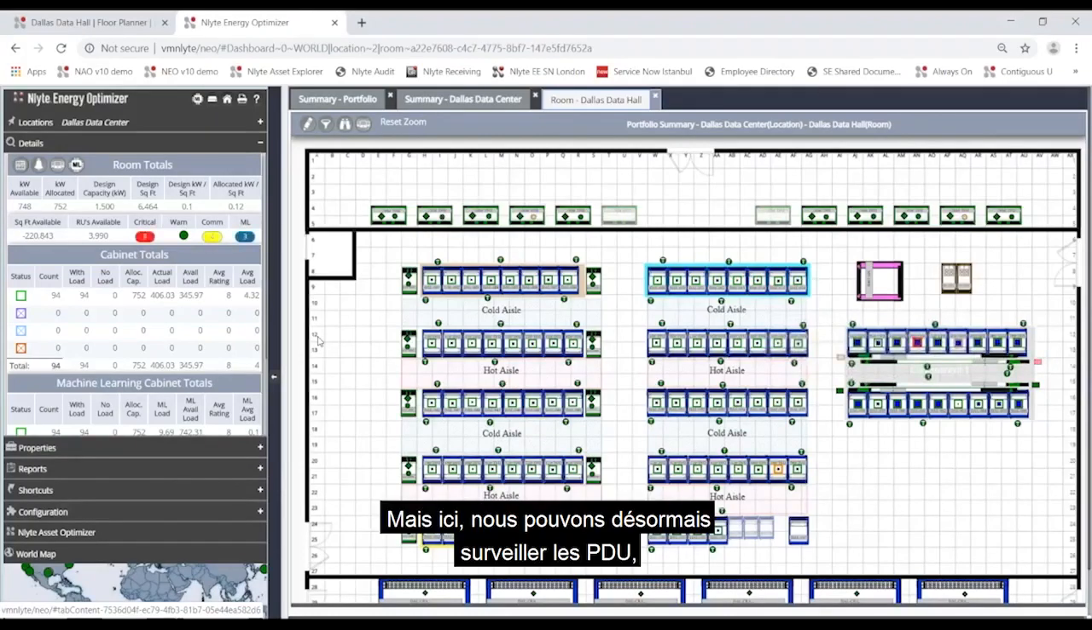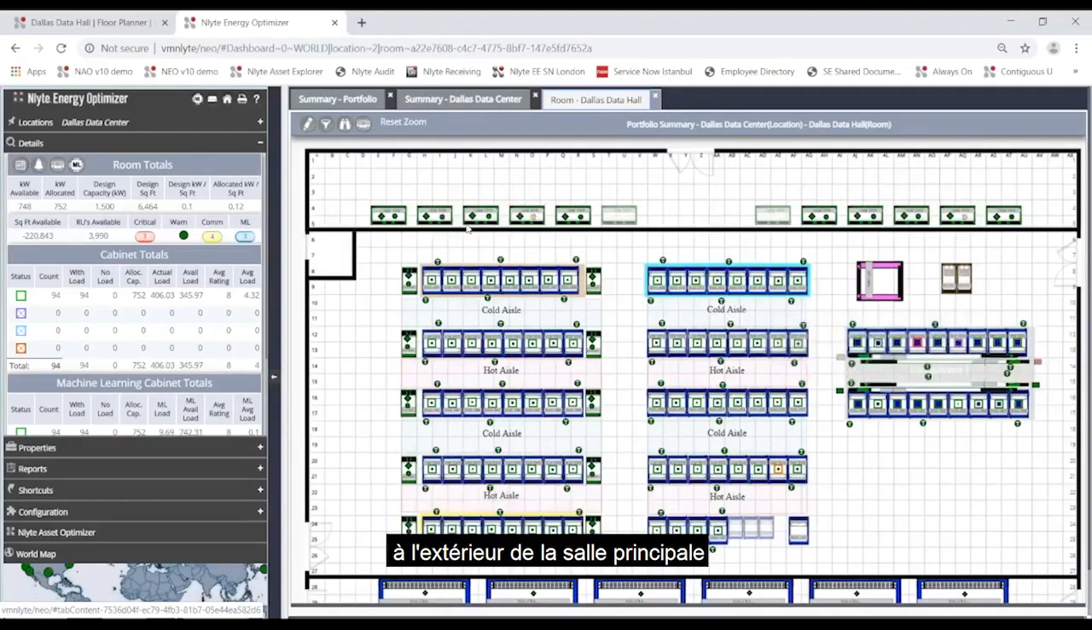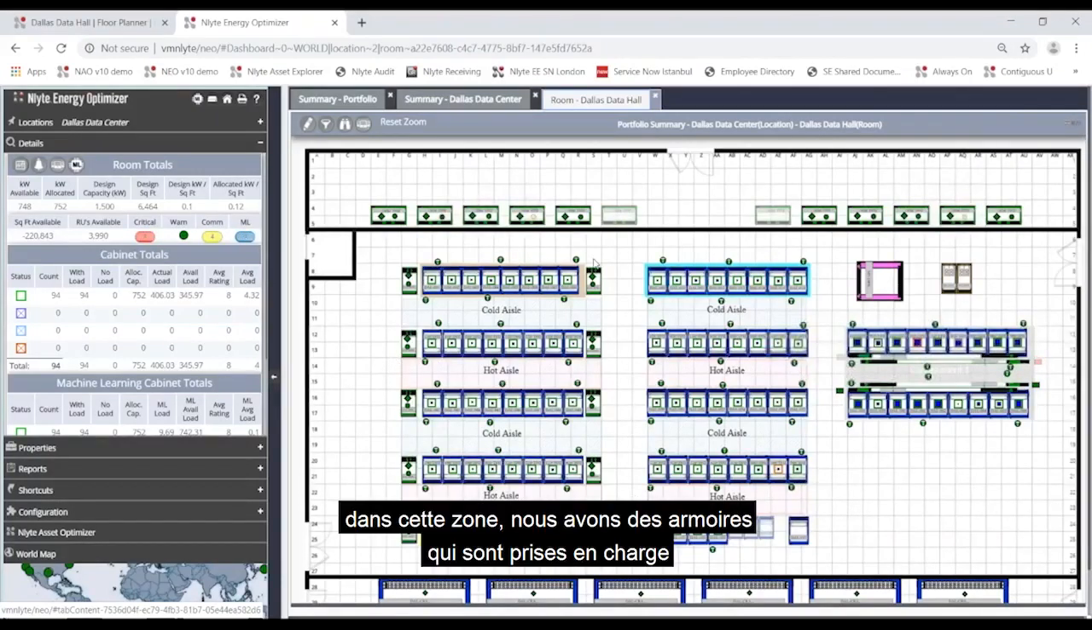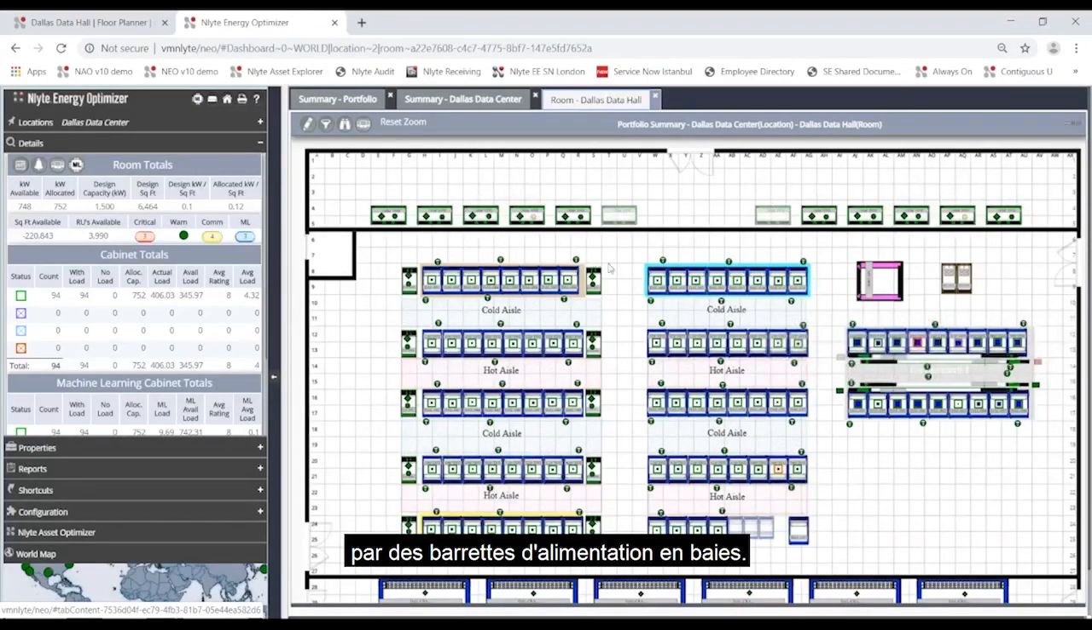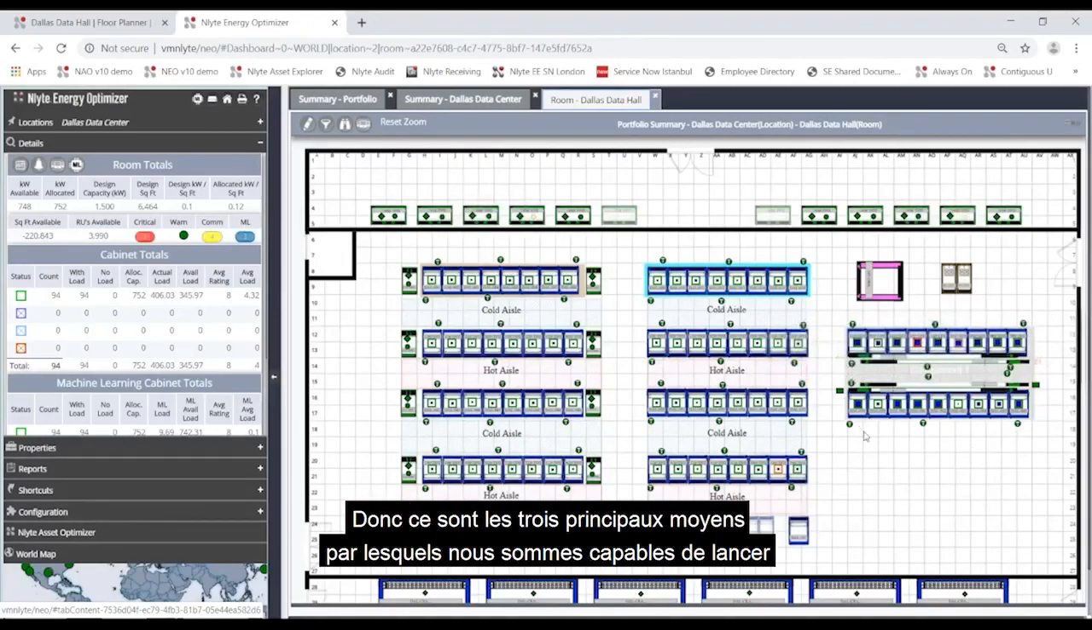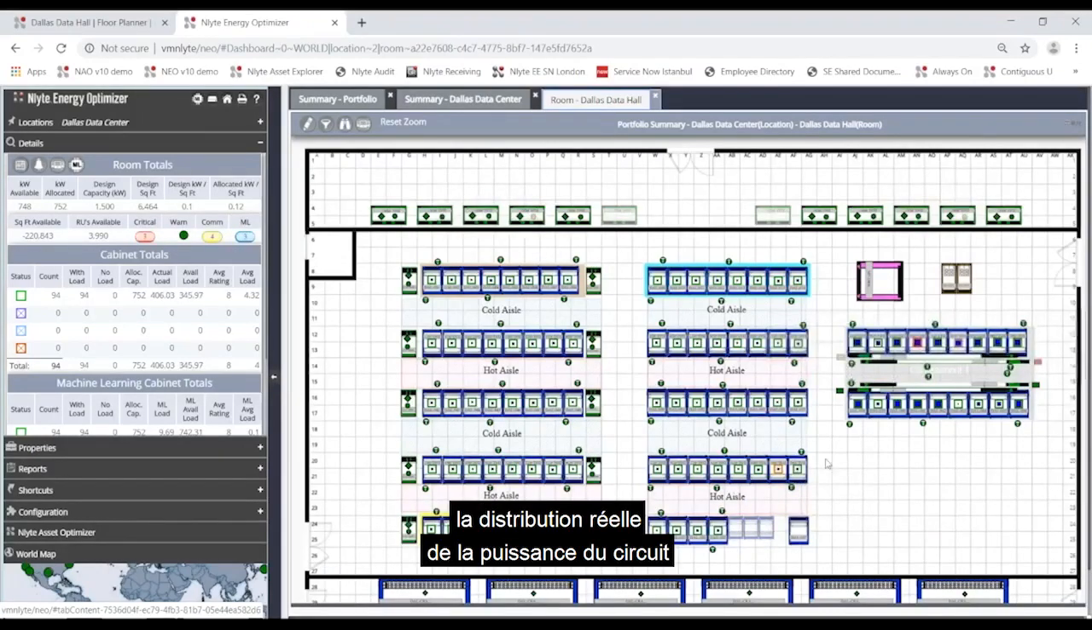But here, we are able now to monitor PDUs. As you can see here in the corridor outside of the main data center hall, we have the A side PDUs, the B side PDUs, and then we also have RPPs that are supporting the circuits that are going to, in this case, in this area, we have cabinets that are supported by in-rack power strips. In this area, we're showing cabinets that are supported by branch circuit monitoring, and this is busway. So those are the 3 main ways that we're able to get down to actual circuit power distribution into the